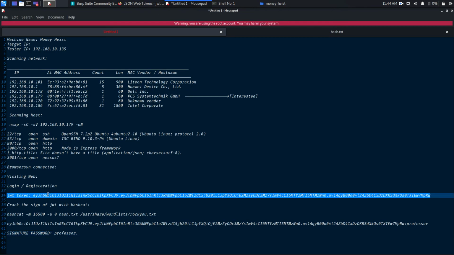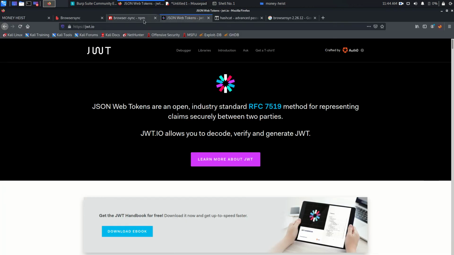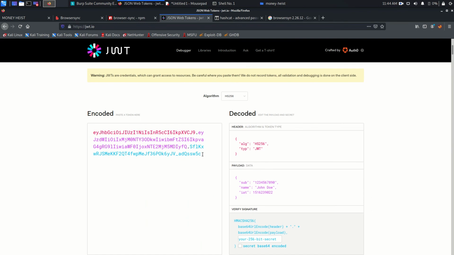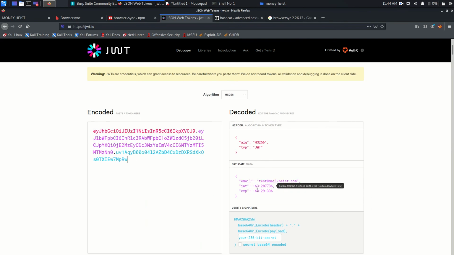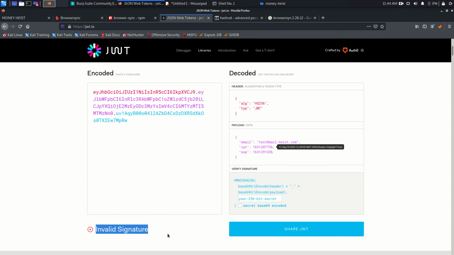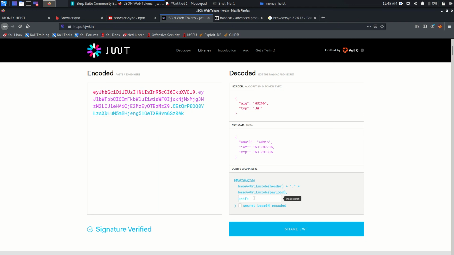This is our JWT token, right? Copy and paste it here. You can see here invalid signature. Okay, but if we put here professor, the signature is valid, and you can see this is going to be changed. So same like this, if we make here admin and professor,